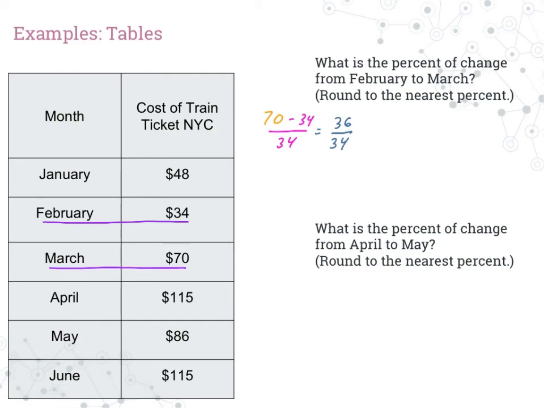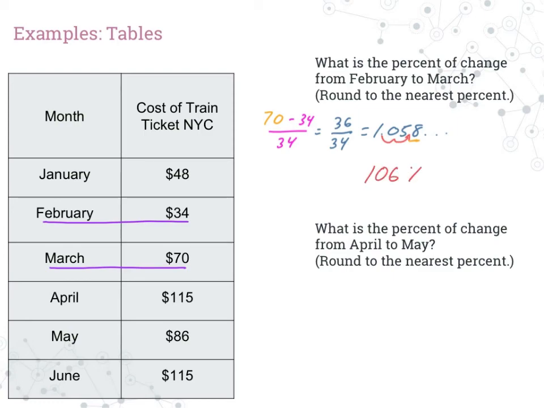When I type that in my calculator, I'm going to get the decimal 1.058, and then it goes on and on forever without repeating. Now I need to take my decimal and make it a percent. By doing that, I'm going to either multiply by 100 or move my decimal 2 places to the right. I'm going to be moving my decimal 2 places to the right. When I do that, I should get 105. However, I need to make sure that I'm rounding properly as the problem tells me. So I'm going to take a look at that 8, and that 8 is going to indicate to me that that 5 needs to go up rather than staying the same. So my answer should be